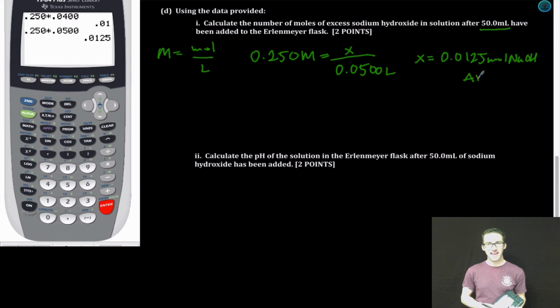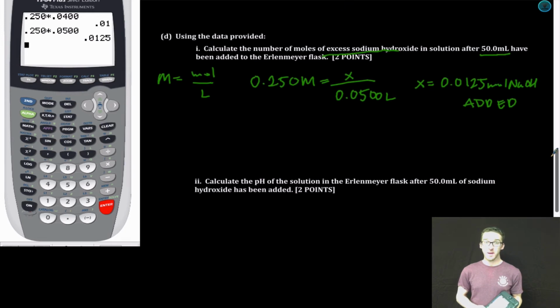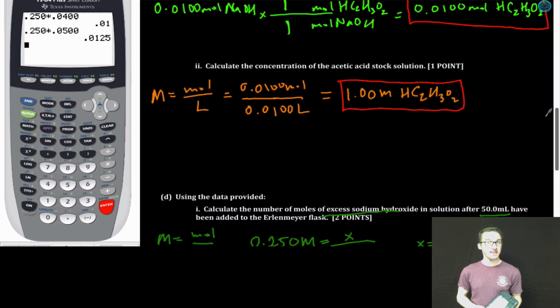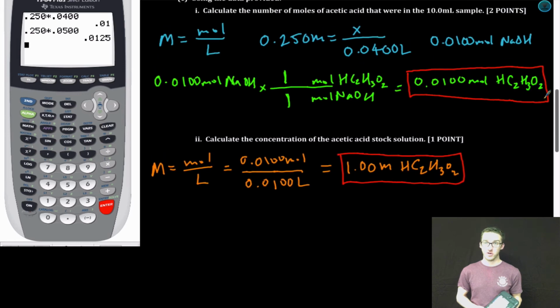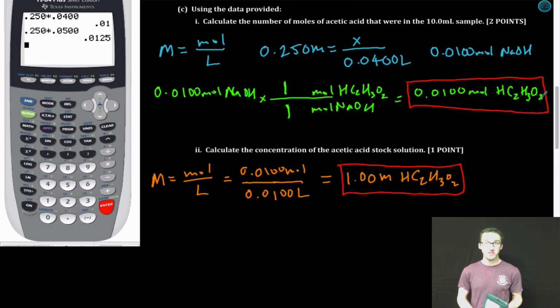So much was added. Now read this question carefully. We want to know the number of moles of excess sodium hydroxide after that 50 mils have been added. What you have to remember, back up here in part C, is that some of that sodium hydroxide that we just added was used to neutralize the acetic acid. Now, how much was used to neutralize the acetic acid? Such a good question. The amount needed to neutralize the acetic acid is the amount that we added up until the equivalence point, which we calculated to be